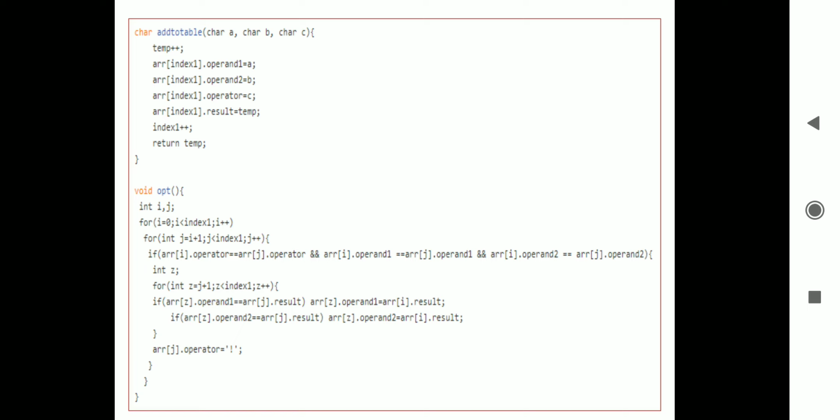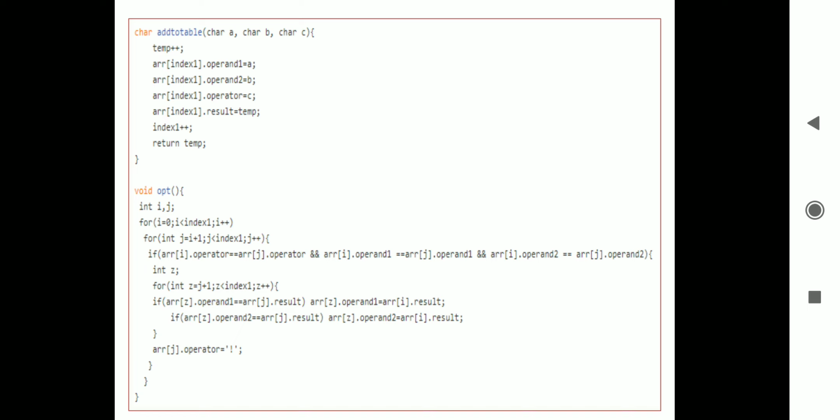Suppose the value of i is 0, so array of 0 and array of 1 are two different objects. If their operators are the same, their left child is the same, their right child is the same, then we perform the operation, that is optimization. So we perform the optimization inside the jth loop.